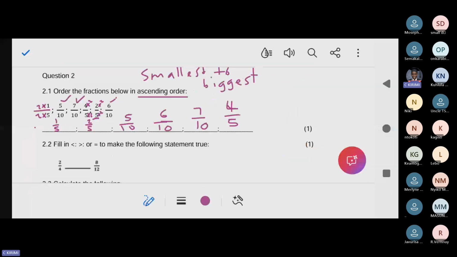All right, so that's how you write your numbers in ascending order from smallest to biggest. We were using the method of